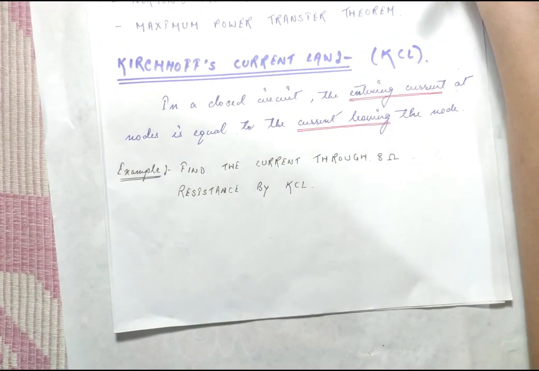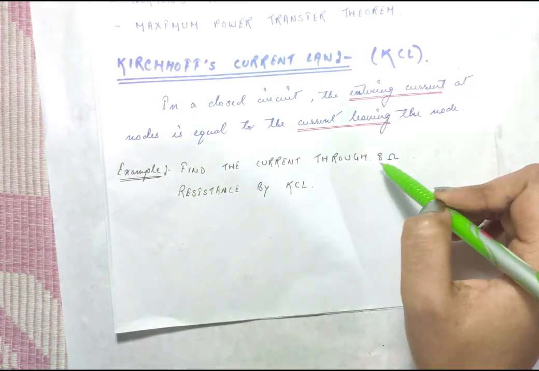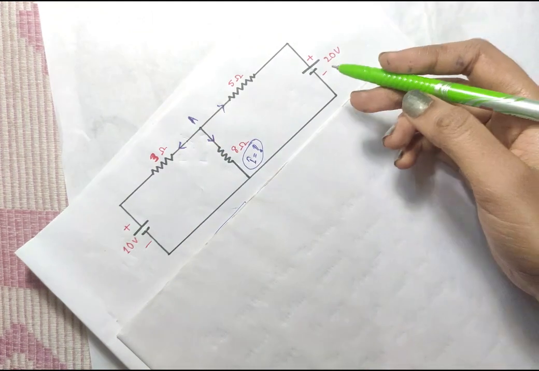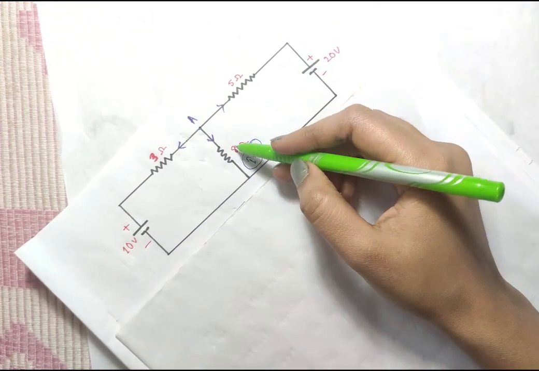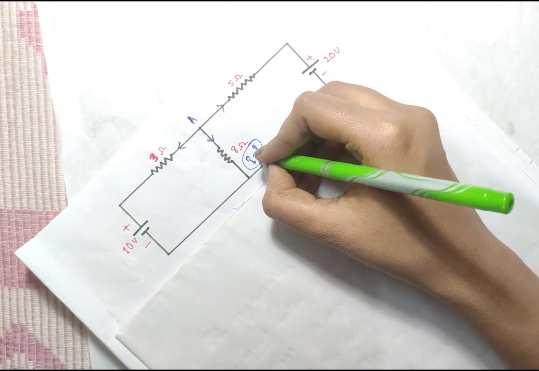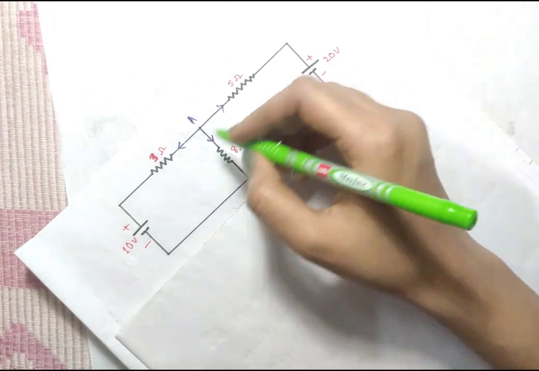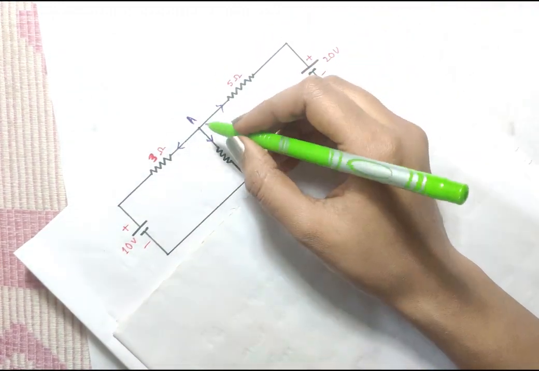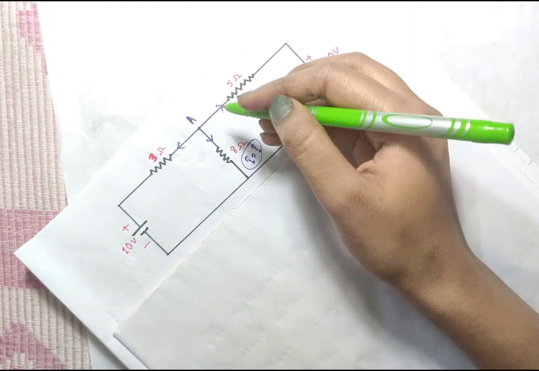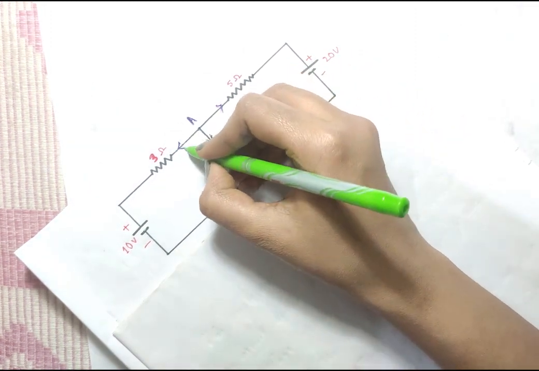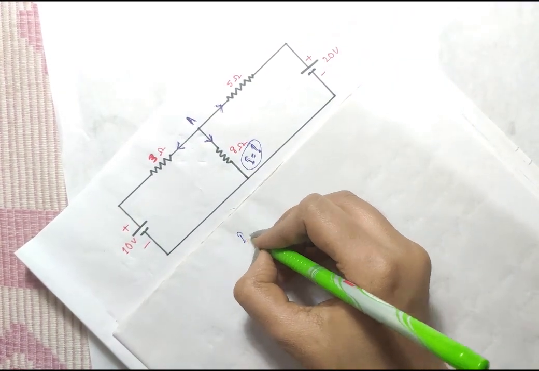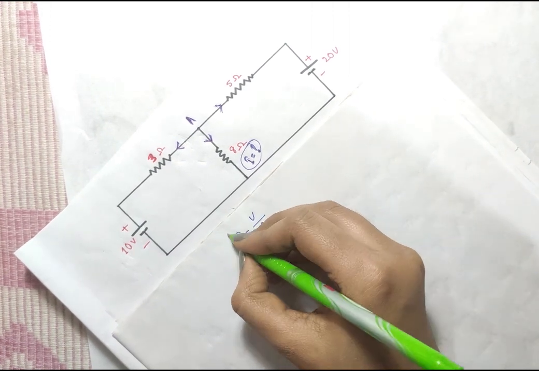So for this we have an example. Find the current through 8 ohm resistance by KCL. In this circuit we are to find the current through this 8 ohm, that is I equal to what? At first we will name this node A, then we will assign directions, that is we will assign all the currents to be outgoing currents, and since we know that I is equal to V by R,